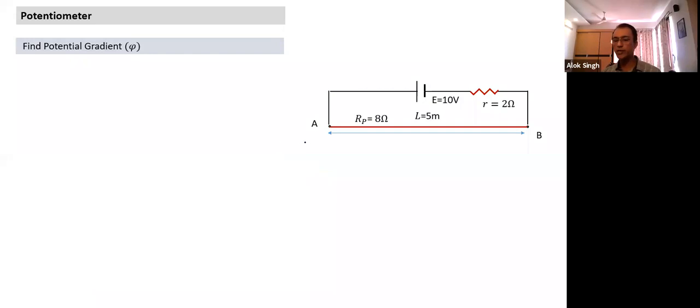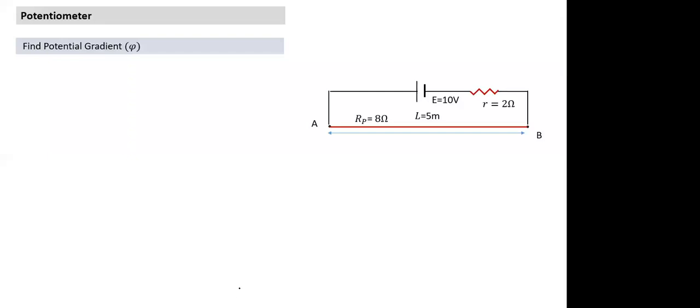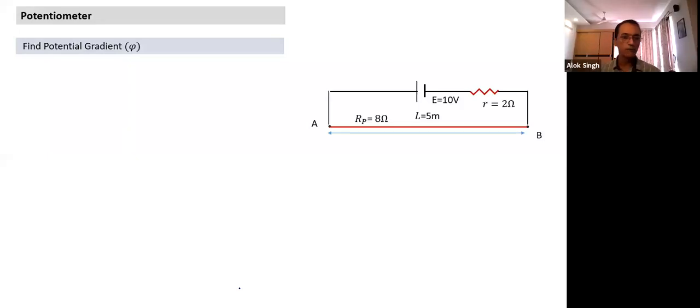Find the potential gradient. In this case, all of you can find the value of potential gradient in terms of volts per meter. Can you all easily find it? All of you find the potential gradient, and then I'll ask some of you. You should have your answer ready. It should take a minute at maximum, not even a minute actually. Akshat?